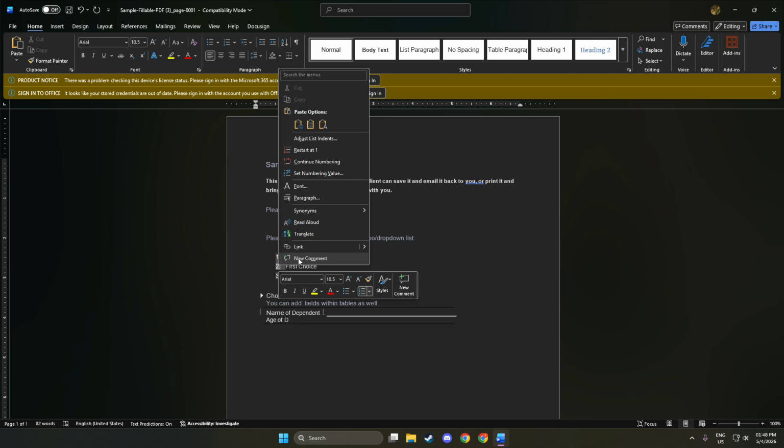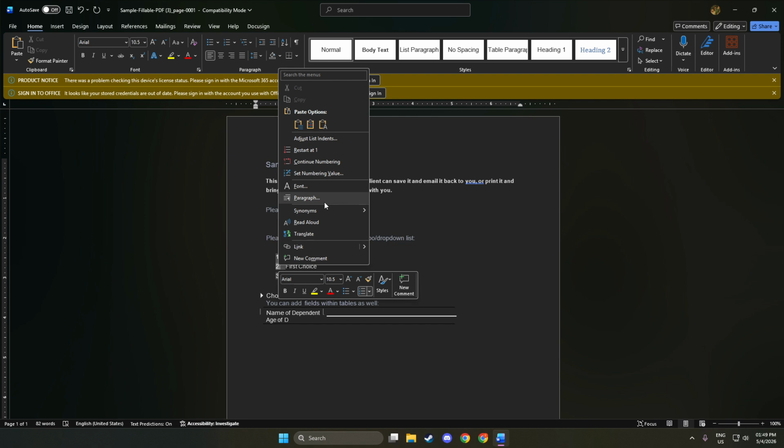Next, right-click a number in the highlighted list. Make sure you right-click directly on the number itself, not the text next to it. That tells Word you want to adjust the numbering controls, not just the paragraph formatting. If you don't see the right options, try clicking on a different number in the selection to make sure Word recognizes the list properly. Now choose what you want the list to do.